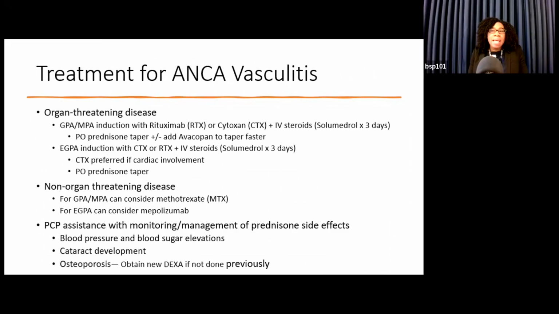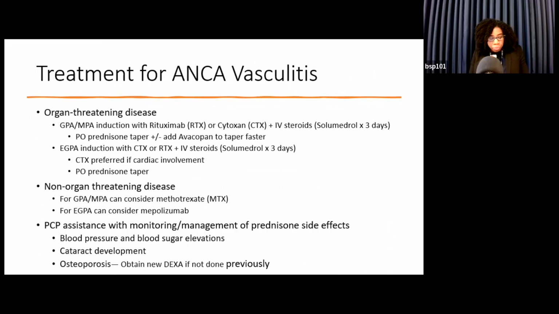Now, if a patient just has isolated sinusitis, no renal involvement, maybe some arthritis, or just a few milder symptoms, they can actually get away with oral therapies. So if they have GPA or MPA, you can do something like methotrexate, assuming they don't have significant renal disease from other causes. And if you have EGPA, there's a medication called mepolizumab, and that can be very helpful, in addition to some degree of steroids, but not nearly the same dose that we would use in the organ-threatening